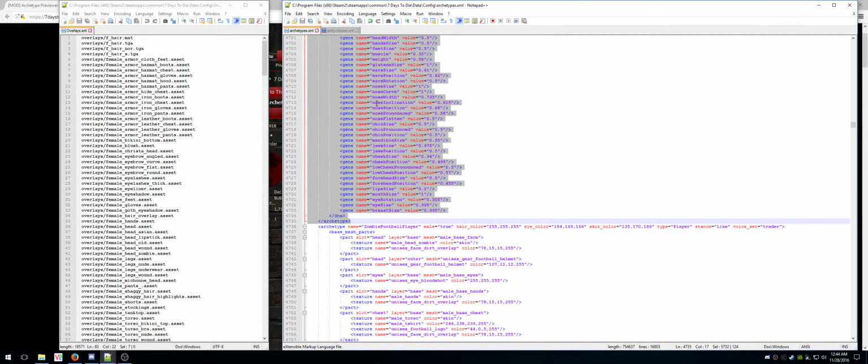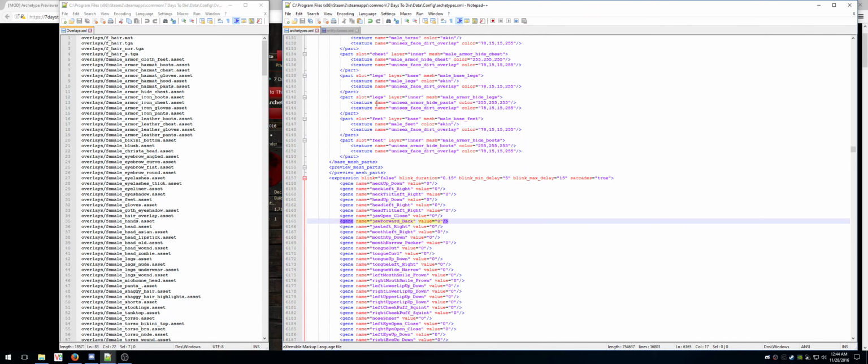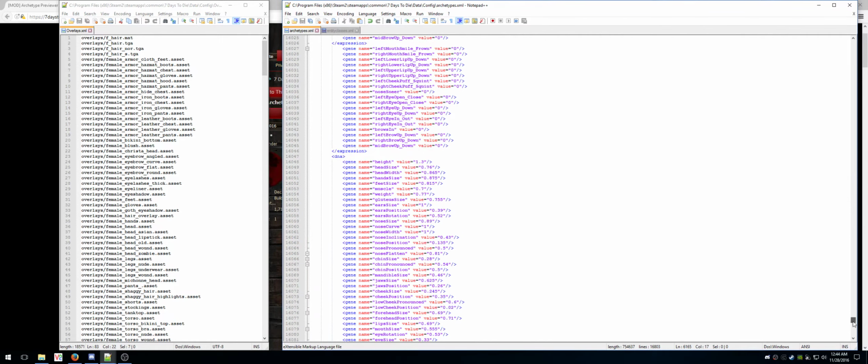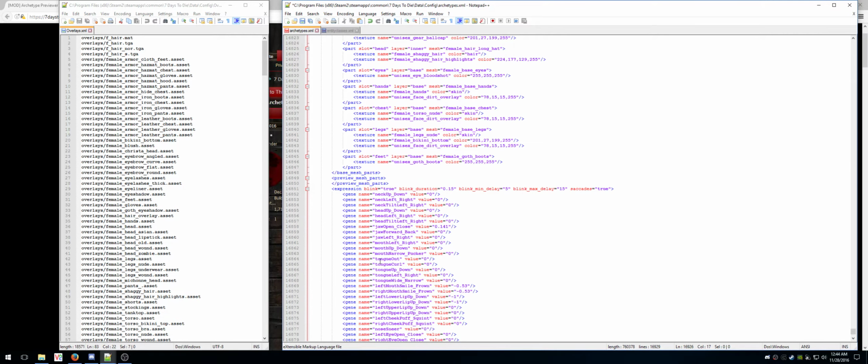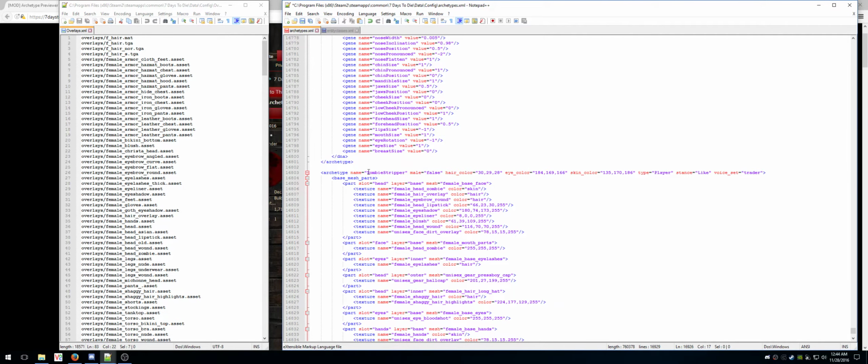I'm going to copy it with Control-C. I'm going to go to the very end of my file. I'm going to make some space, and Control-V it. And then I'm going to rename this to gup test. Okay? Now what I've done is I've created an archetype called gup test that basically looks exactly like